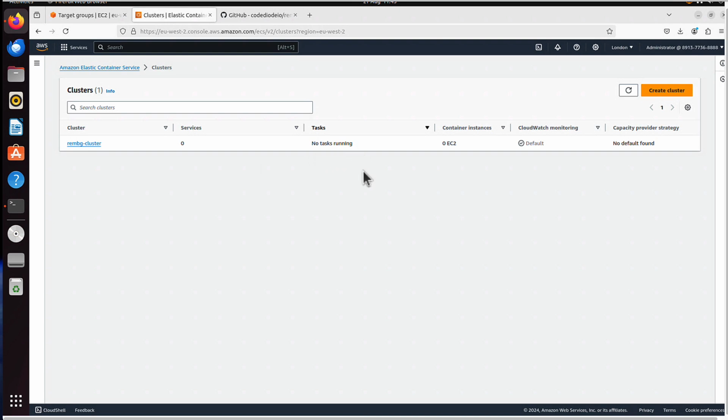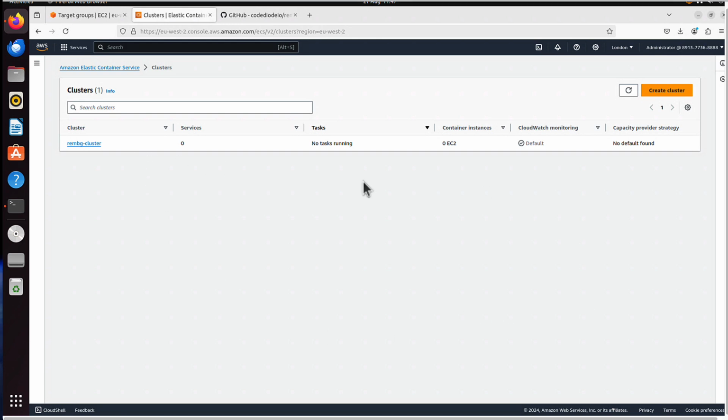And basically how it works, you create a cluster, which is like a main area where you will run your services and tasks. And then you can build services there, and then in each service you can have multiple tasks. For us, what it will look like, I will have just one cluster. Within that one cluster I will have just one service, and within that one service I will have one task running. So for the time being, we've got the cluster.